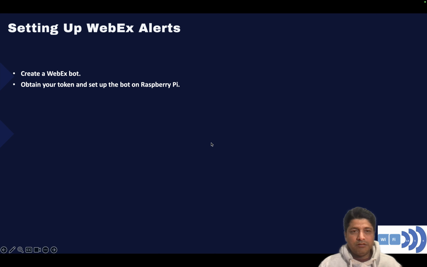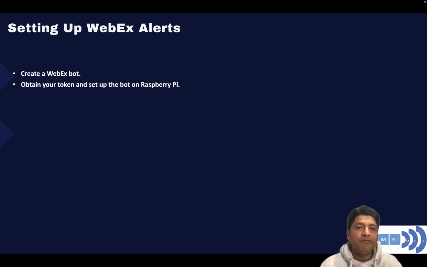Now, as you can understand, Raspberry Pi is a single board compact computer. Then you have the Hailo AI Kit, which will fit on top of the Raspberry Pi. Once you install all the packages, you will get object detection enabled because it has all the modules and packages built in, and it gets activated straight away, and you can start working on the object detection model. But I'm going one step further, and I'll have a Webex alert,